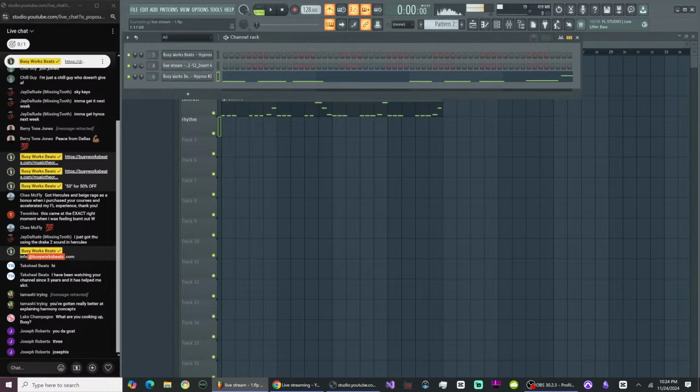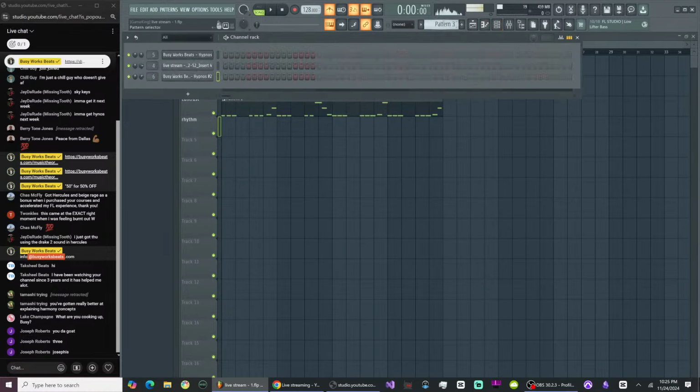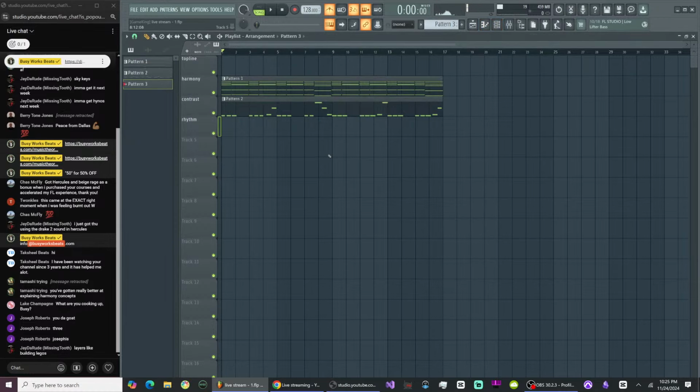Okay, moving forward. So now we have the bass, we have the harmony. Now we can unlock that top line or the melody. Now, most people on YouTube just teach you melody without any context. But melody really comes second or third when it comes to making your beats most of the time. Unless you're building your beat around a melody, which is a whole different process. But you still have to understand all these layers to really make a full beat. Layers like building Legos, yes.